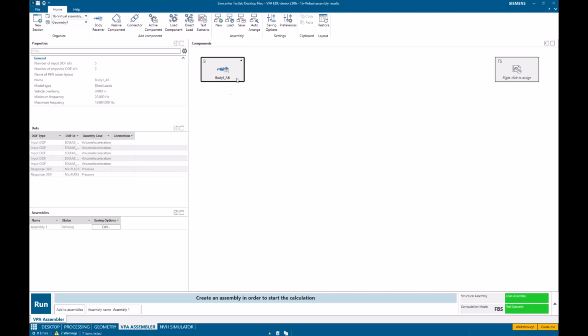So this body receiver, what this box is really just a set of FRFs that I have acquired, either in the test world or I have simulated. But essentially, I have a response at the left ear and the right ear in the passenger cabin. Those are the responses, and I have 5 different inputs from the EDU, airborne: the back, the front, the left, the right, and the bottom of the electric drive unit.